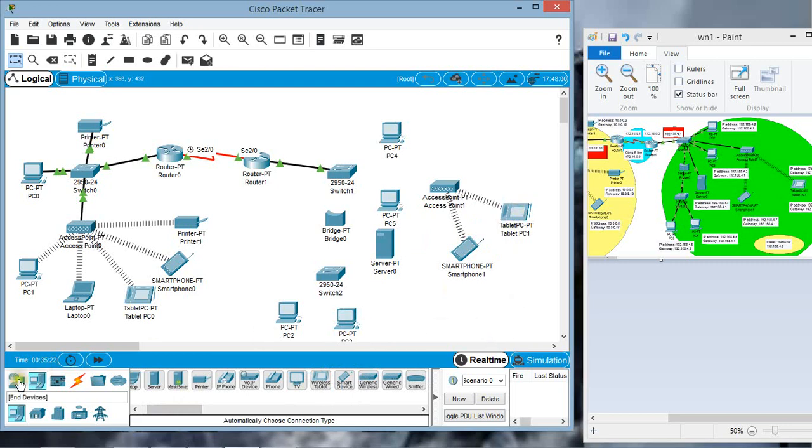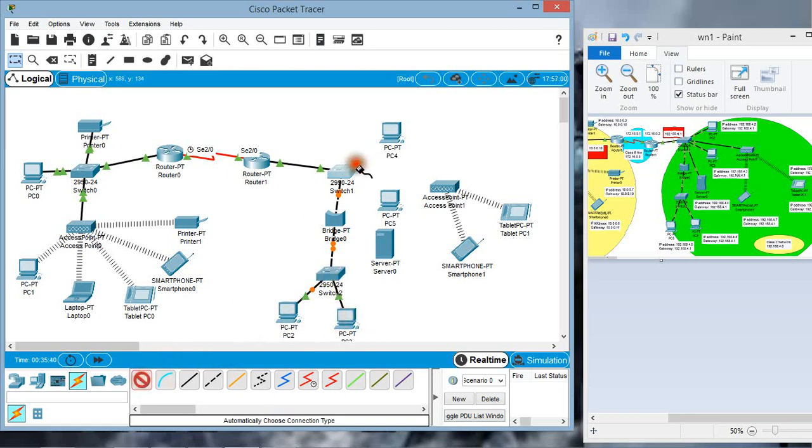Now let's make the connections. Connect the switch to the bridge, connect the bridge to another switch, connect another switch to the end devices with the help of automatic connection, then connect this switch to these PCs, then connect the switch to the server, then connect the switch to the access point.